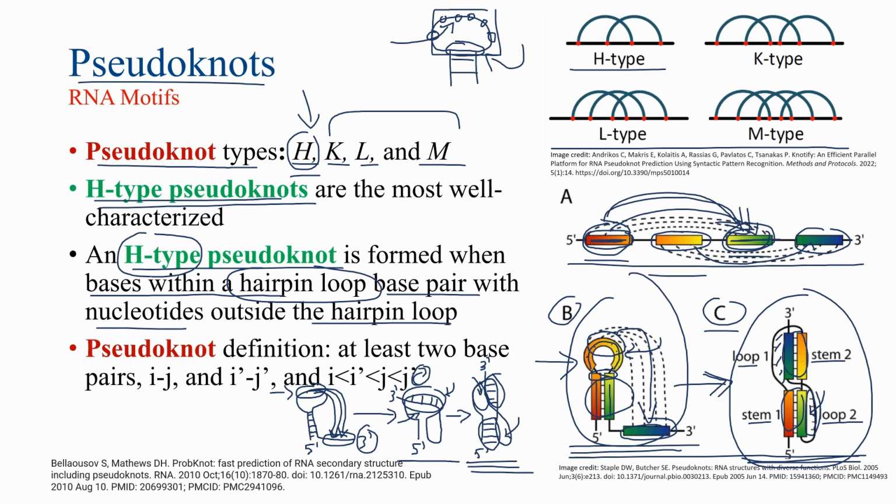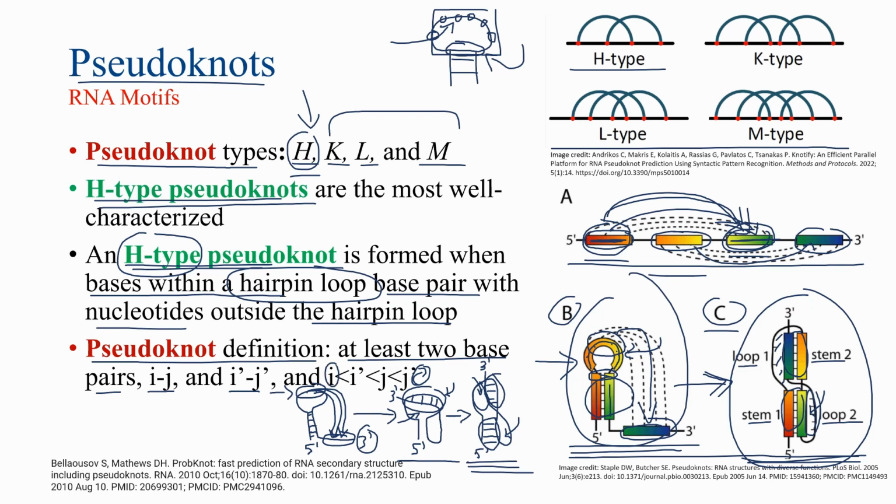Now that we've introduced the H-type pseudoknot and have a general idea of this particular pseudoknot, I do want to introduce a general pseudoknot definition. So this is more or less a universal pseudoknot definition. It's a way of defining pseudoknots in an algorithmic way, which can be very helpful. So this pseudoknot definition says that a pseudoknot is basically where you have at least two base pairs. These base pairs we'll call IJ base pairs, and I prime to J prime base pairs,